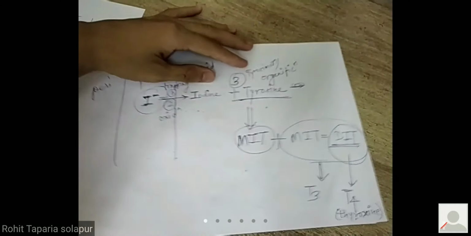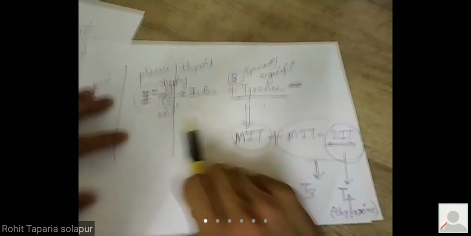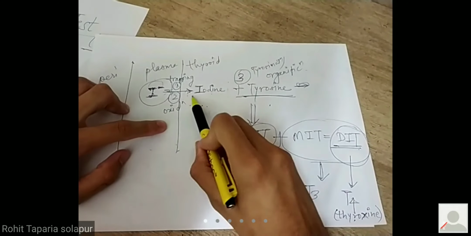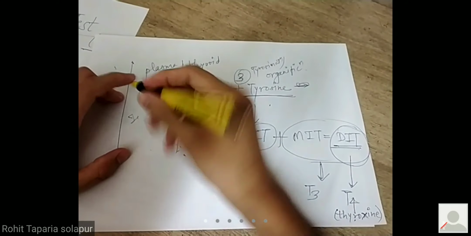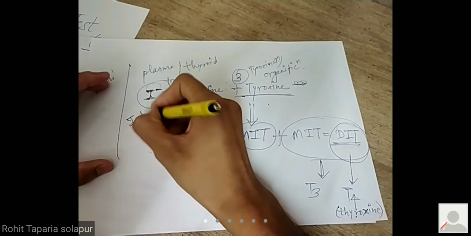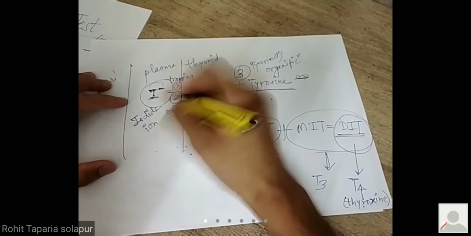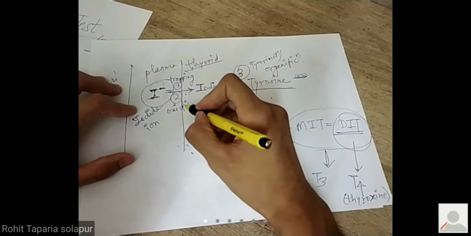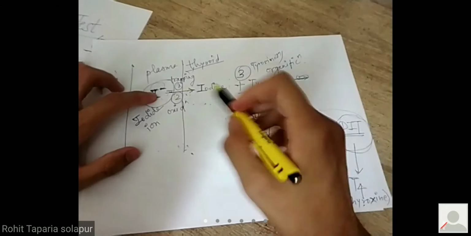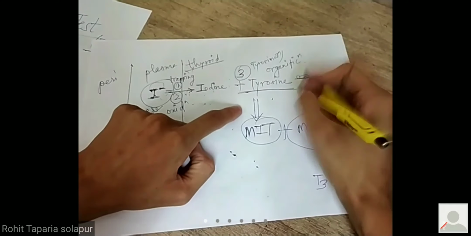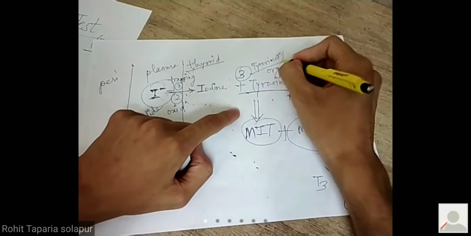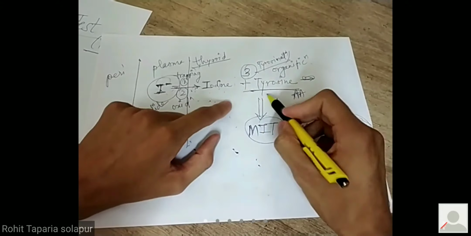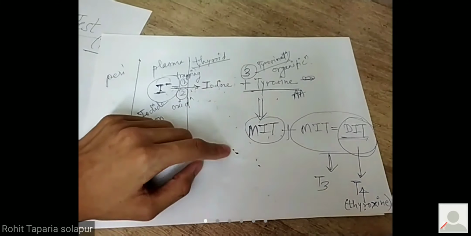Understand? So, see, I will firstly brief. Iodine trapping and oxidation. Iodine is formed, iodide ion. Okay. It is trapped inside the thyroid follicle and then oxidation of it happens. After oxidizing this iodine, it combines with the tyrosine amino acid, and this process is called tyrosination or organification, and the combination of this tyrosine and iodine will form monoiodothyronine.